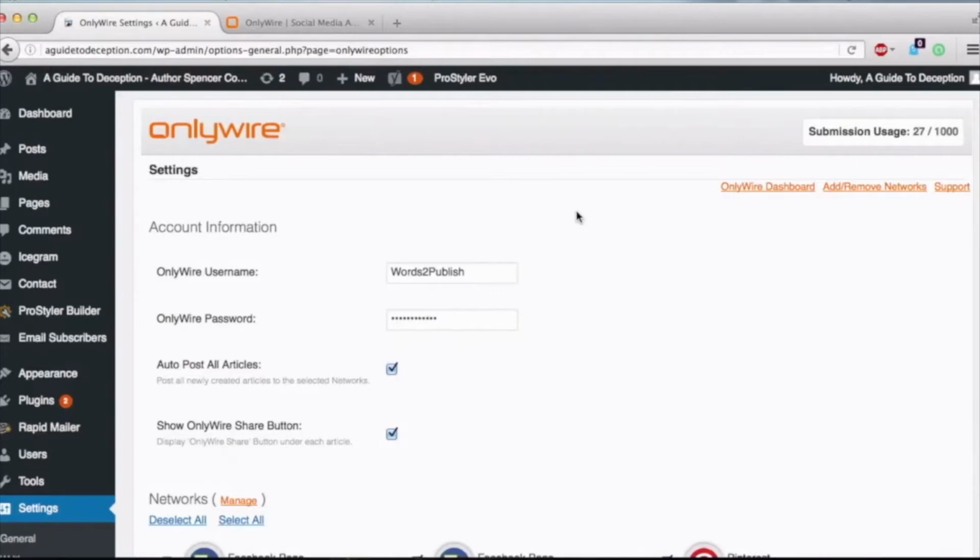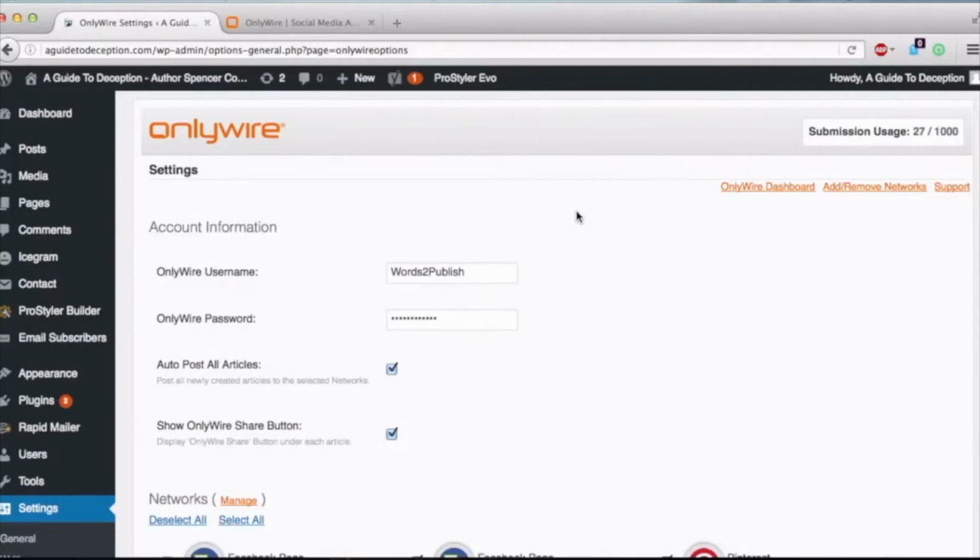I've tried several solutions to this. Number one, instead of letting it automatically post through the plugin, I've tried going on to onlywire.com. There, you have the option to create your own account, and then you can add all of your RSS feeds, and it will automatically post based on RSS instead of through your WordPress dashboard or browser plugin. Now, I tried that. Still, same thing, didn't work. It would post properly, but it would often not post. It just wouldn't retrieve the posts, so that was useless.